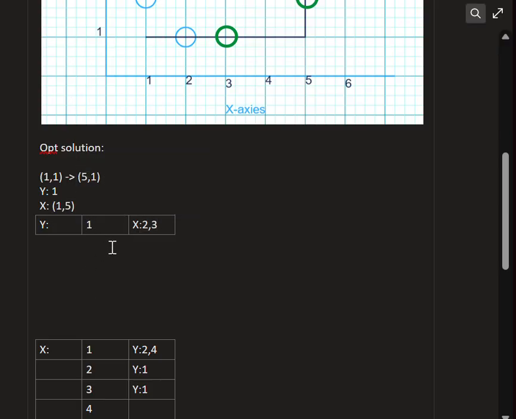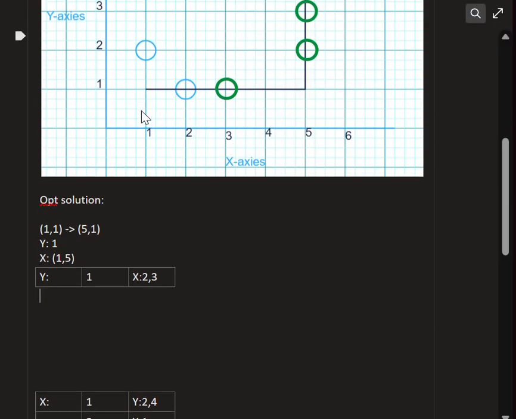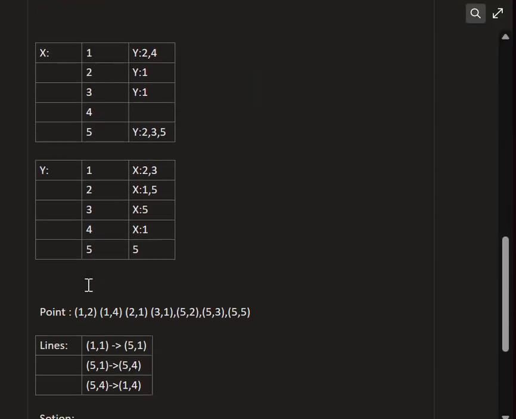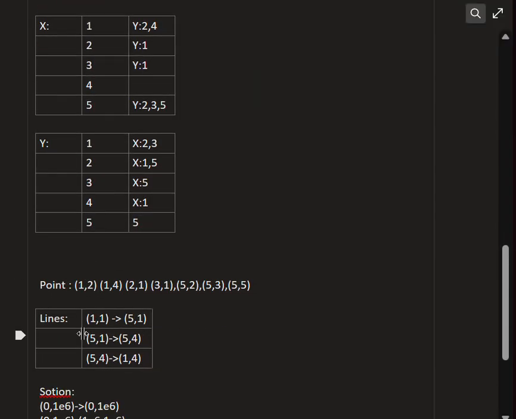So for 1 comma 5, 1 comma x is varying from 1 to 5. The points lying are 2 comma 1 and 3 comma 1, 1 comma 2 and 1 comma 3. So using binary search, we can find that 2 points are lying across the path from 1 comma 1 to 1 comma 5. Similarly, let's take another example, a path going from 1 comma 1 to 5 comma 1,